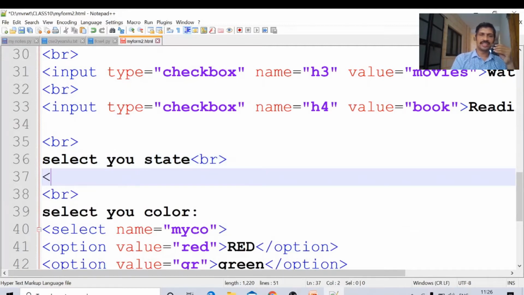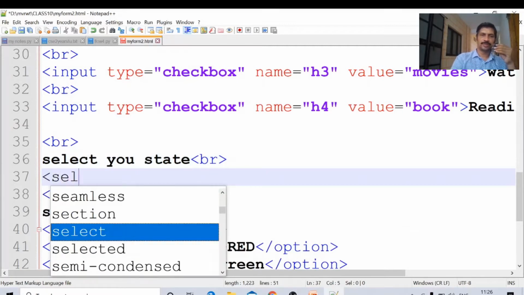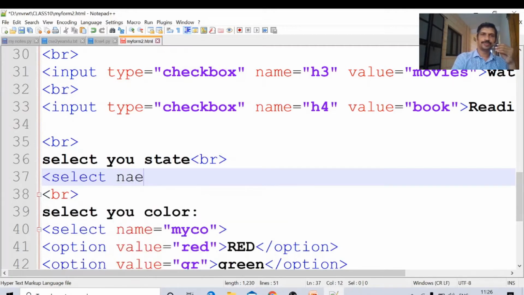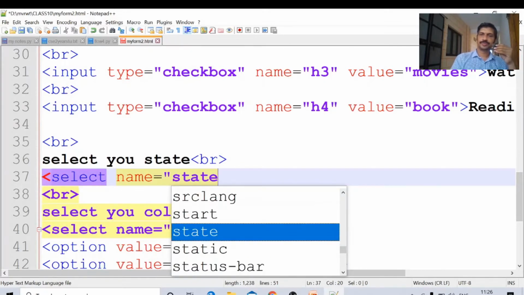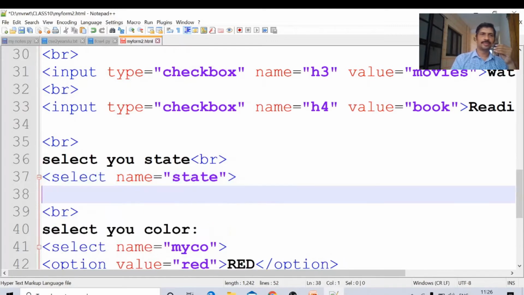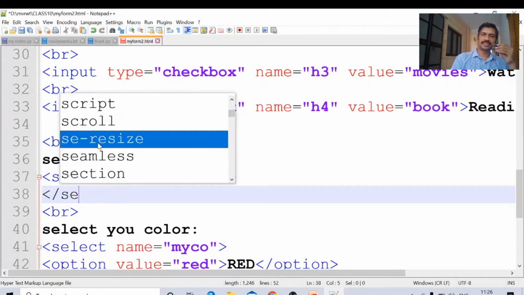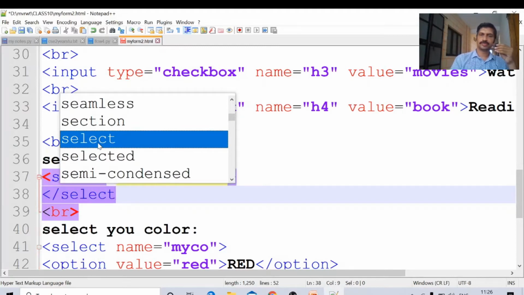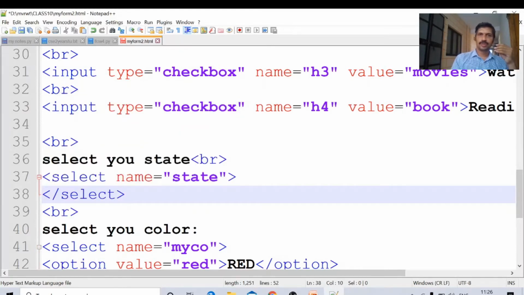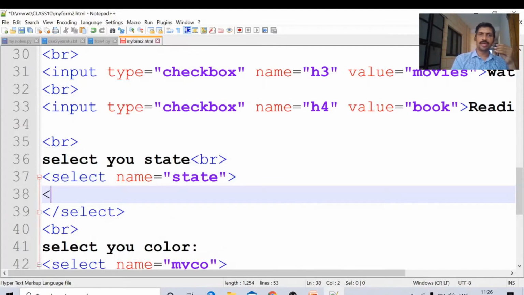Select starts with select, it has a name equal to state, any name, and ends with slash select. Between these we write the options.